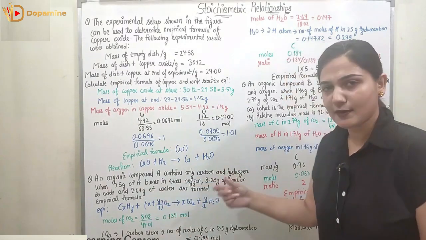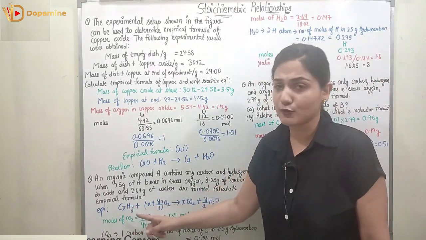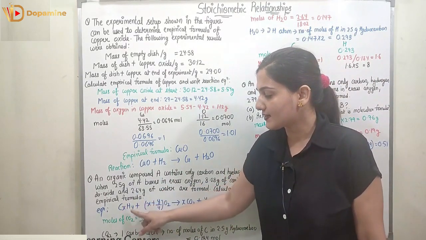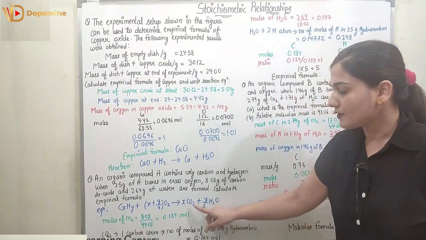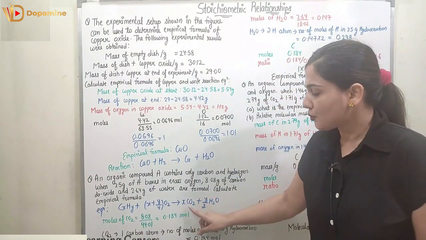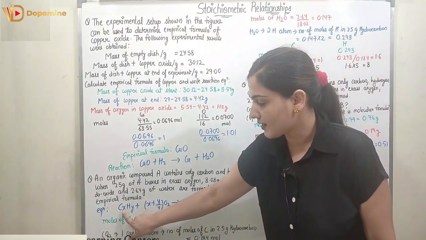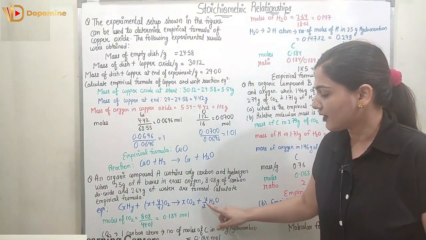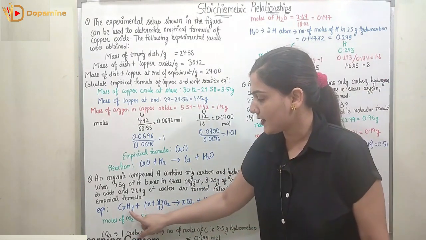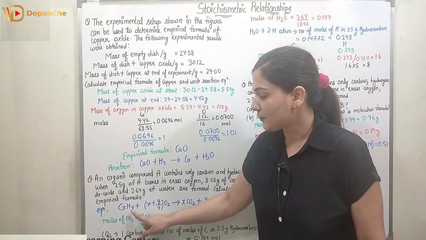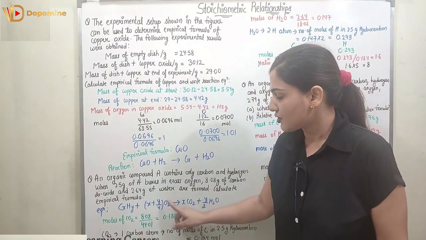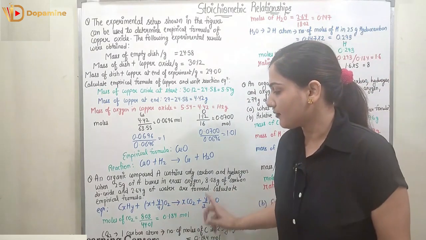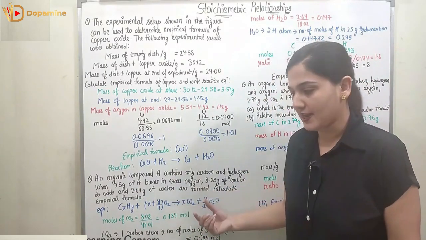So this is the reaction that we have. Let's suppose we have CxHy. We don't know what hydrocarbon we have, so we have denoted it as CxHy. It is going to form CO2 and H2O. CO2 will have the coefficient x because here the subscript of C was x. Now H2O will have the coefficient y upon 2 because here at H we have subscript y, right? So what would be the coefficient of O2? x plus y by 4. This is how we can form the equation of the reaction.